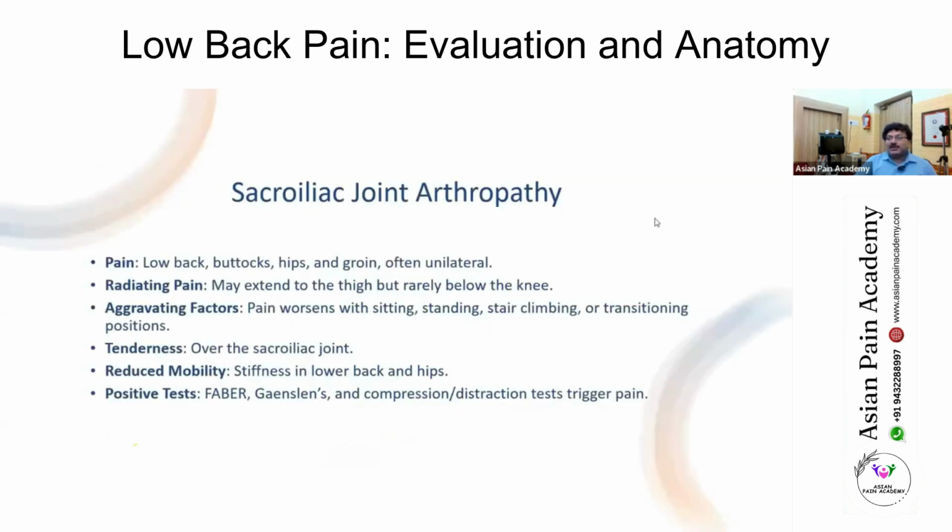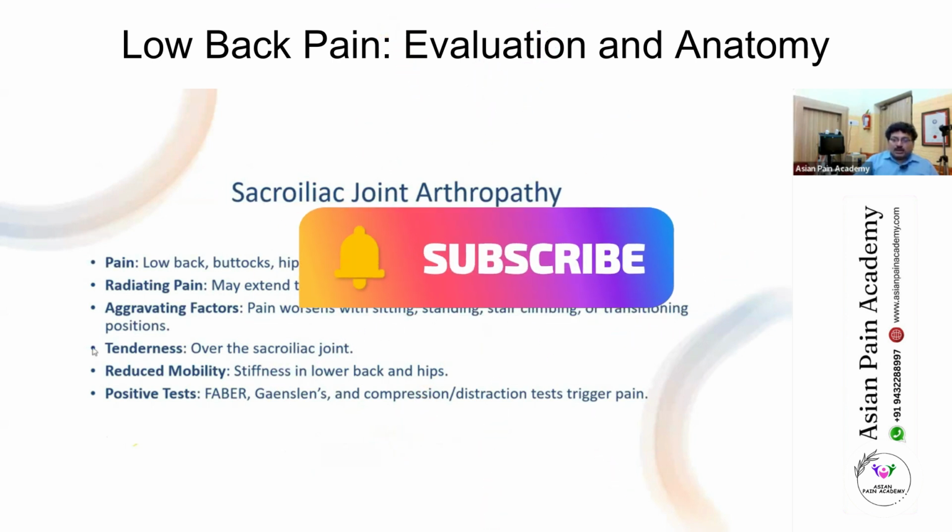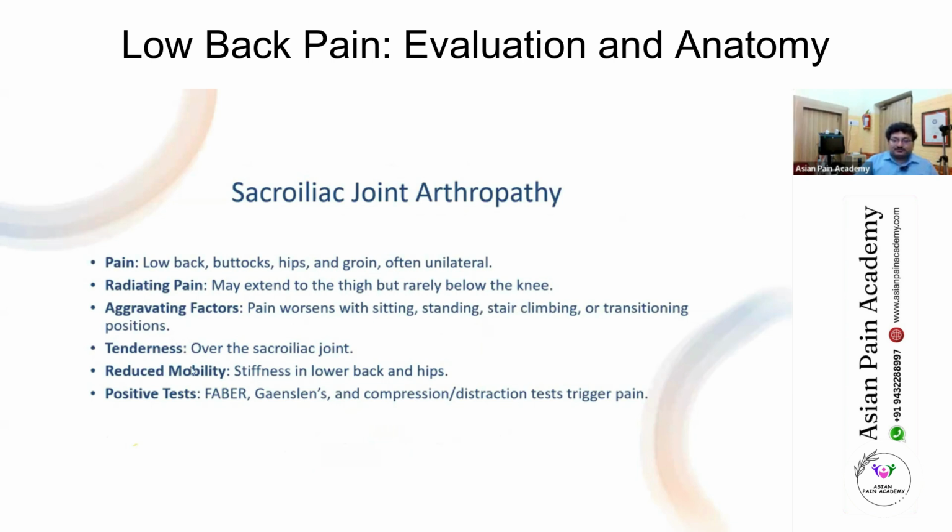Now, how does the pain present in sacroiliac joint pain? Pain in the low back, buttock, hip, groin, often unilateral because bilateral sacroiliac joint involvement is comparatively rare. The pain may extend to the thigh, but rarely goes below the knee. Aggravating factors: pain worsens with sitting, standing, stair climbing, and transitioning positions. There is tenderness over the sacroiliac joint, and reduced mobility, like stiffness in the lower back